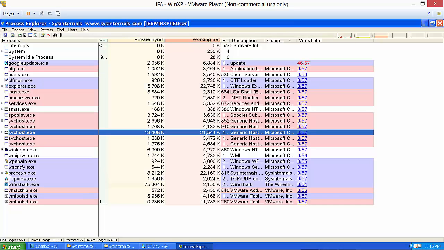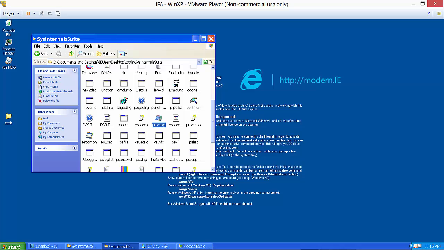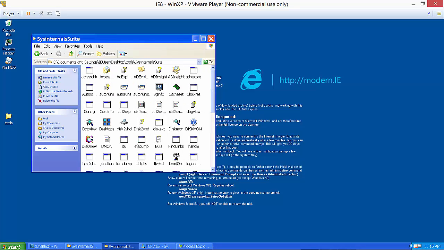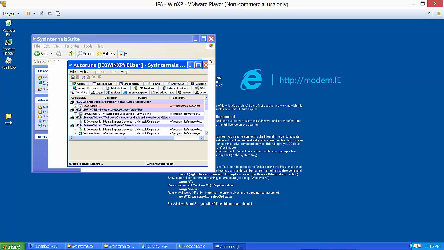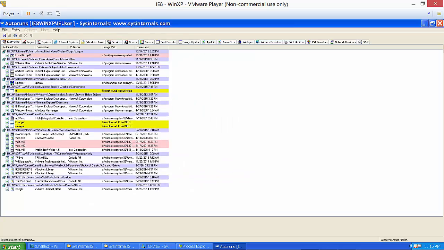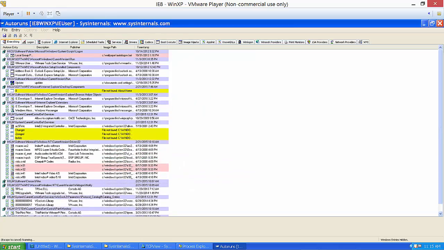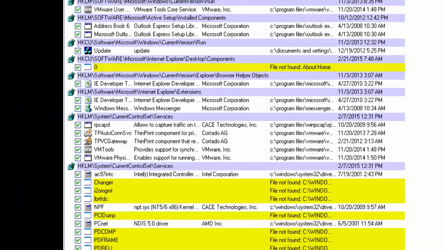Another way to identify how malware starts up is to use a tool called Autoruns. Autoruns will look at your system and identify everything about how programs start up on the system.